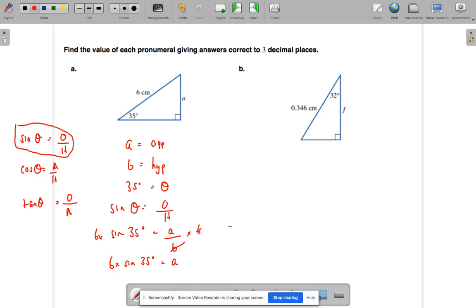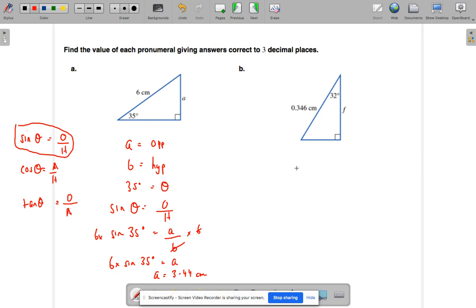So then you go to your calculator. 6 times sine, S-I-N, 35 degrees. Okay, and we get 3.44 as our answer. So A equals 3.44 centimetres. We always look to see if that's a reasonable answer, because it must be less than the hypotenuse, and it is. So there we go. That's fine. All right. So next one,